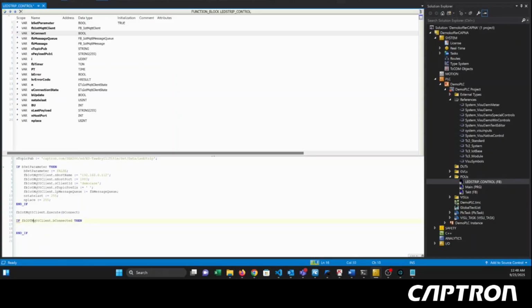So we're checking if we're connected. If it returns true, then we can publish. One thing I like to do with the LED strips is to check if the payload is the same as the previous payload. I do this because one thing you'll run into is when you're publishing, it works as a queue. So if I'm publishing very quickly and I'm just publishing the same thing over and over again, that's not really helpful,